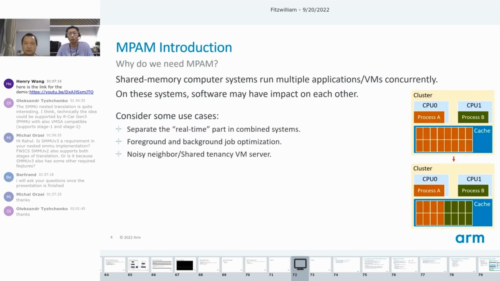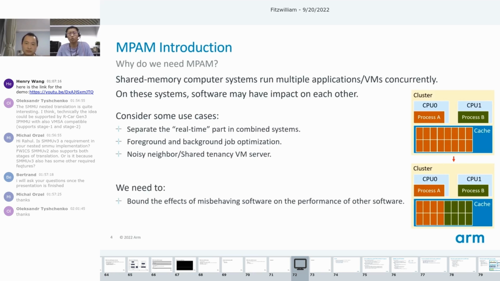Or when a server runs multiple VMs for different users, it is necessary to prevent one VM from using more resources than it has paid for, and therefore prevent other tenants from being able to use the resources they have paid for. No tenant should be able to overconsume resources.